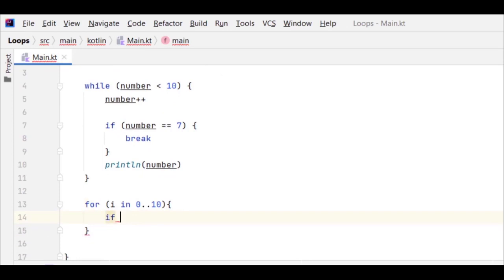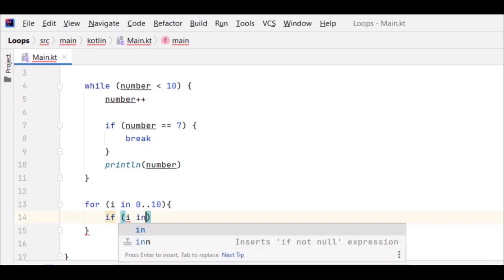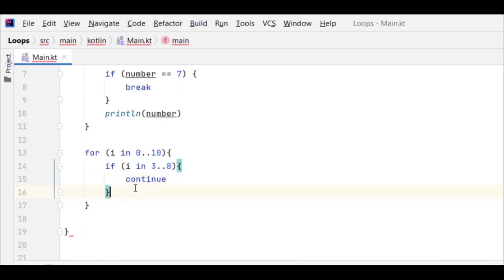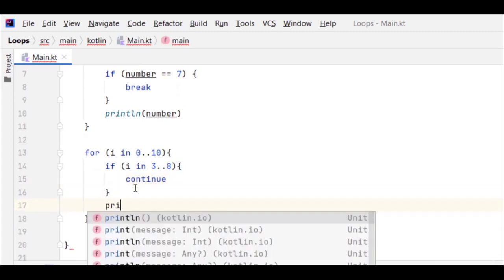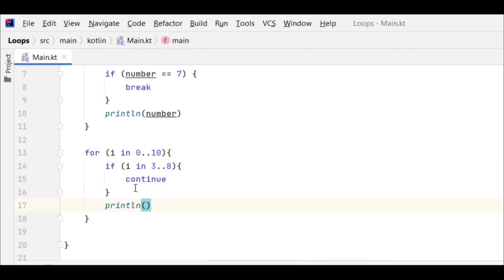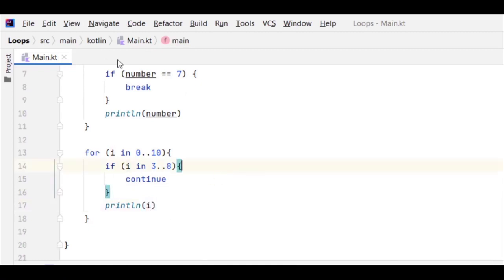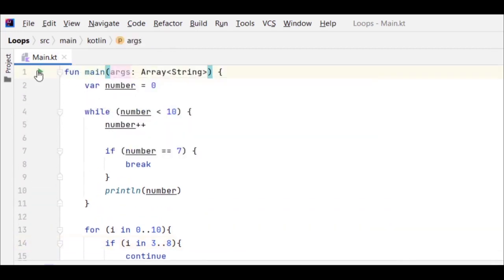Now I can say here if i in, let's say 3 to 8, then continue. Let's print the value. Let's type here println. Let's print the value of i here. So now if you run this code,